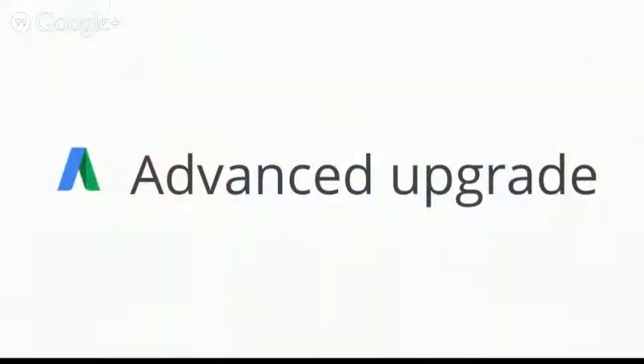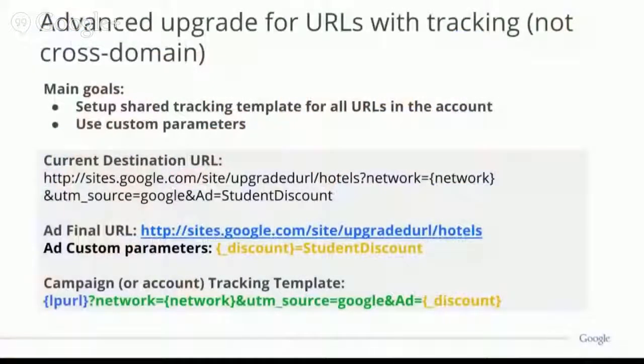That was the basic upgrade option. Now we're going to go into advanced for users who, again, have tracking parameters, but no cross-domain redirect. Great. Yeah, thanks, Katie. So as she just mentioned, these are the steps that you'll need to take to do